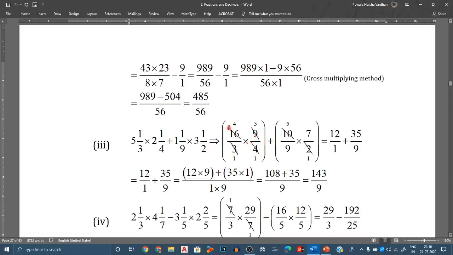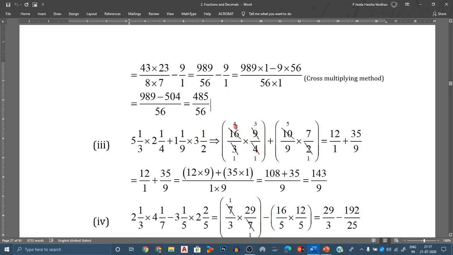Crossly also you can divide in the multiplication of fractions. No need of vertically, you can crossly also you can divide, but you should not divide if there is any plus sign in between them. You should not divide if there is any plus sign or minus sign in between them. You cannot crossly divide. If there is any plus sign or minus sign, you can divide only vertically. To the numerator and denominator only you can cancel it. Individually you have to cancel if there is any plus sign or minus sign in between them. Okay, if there is multiplication sign only, you have to use the crossly cancellation method.